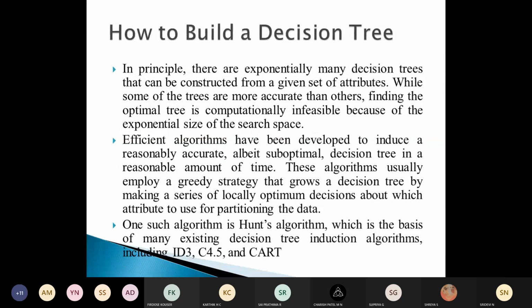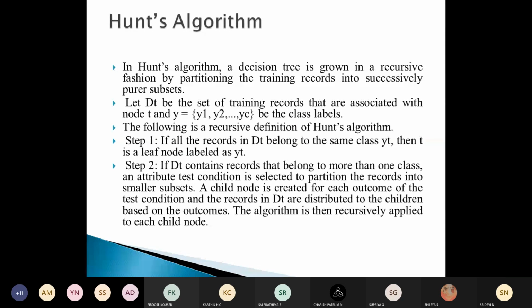So in Hunt's algorithm, I'll brief you. This is one such algorithm which is used to create a decision tree, and it forms the basis for many existing decision tree induction algorithms. In Hunt's algorithm, a decision tree is grown in a recursive fashion. We just partition the training records into successively purer subsets.